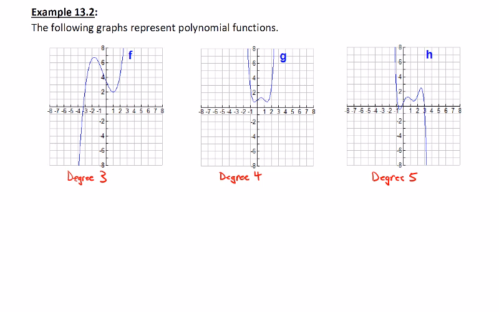Now, what's interesting about the way to identify these degrees, which is not necessarily something that you're going to need to be able to do just immediately from looking at it, but it is nice to know what to expect when we start getting these higher degree polynomials in terms of their graph, because that is going to be one of the major goals of our study of polynomials, is the ability to graph them with not the highest level of accuracy possible. We'll reserve some of that accuracy for calculus, but here I want you to notice that on the degree 3